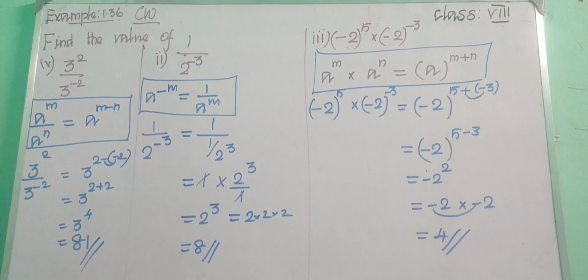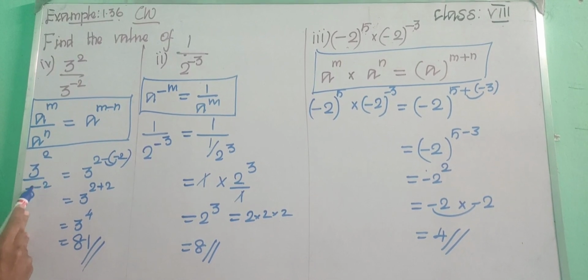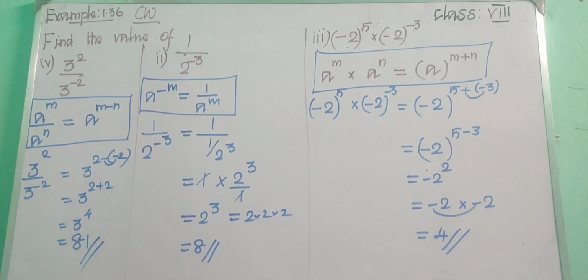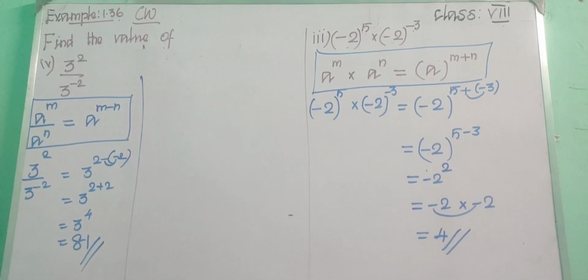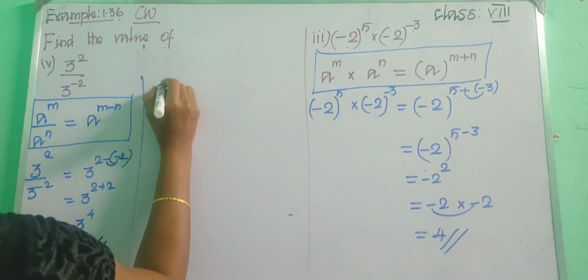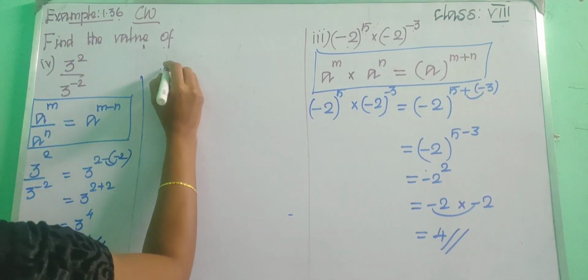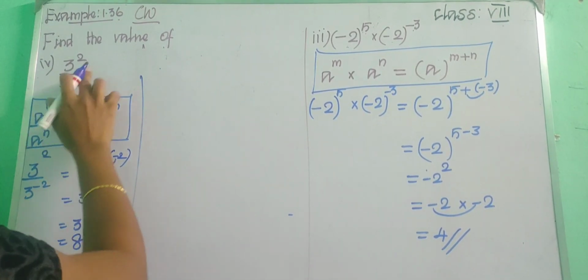We can also do this in a different way. See, here we are having negative sign in the power. So simply we are going to use all the 7 laws. We need to apply all the 7 laws and find the answer. So we can also apply that formula. Can we do that? So how will you do? See, here we are having 3 power 2, right? We are going to apply a power minus m formula.